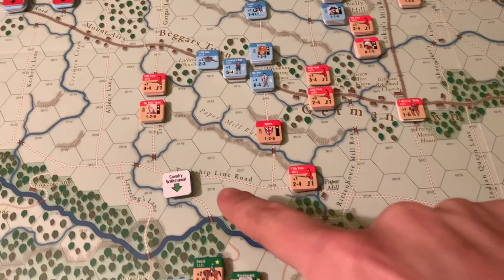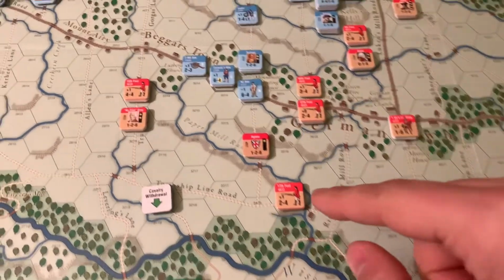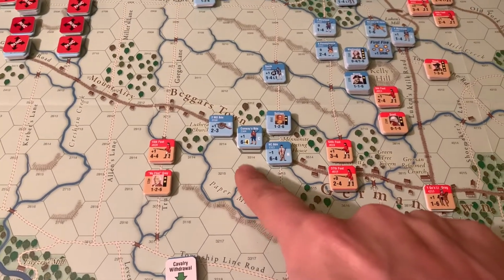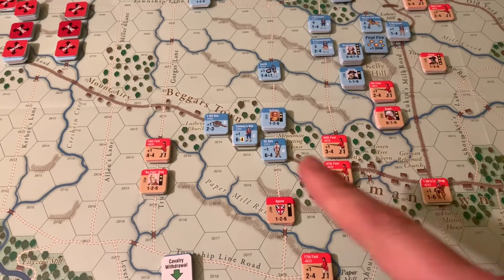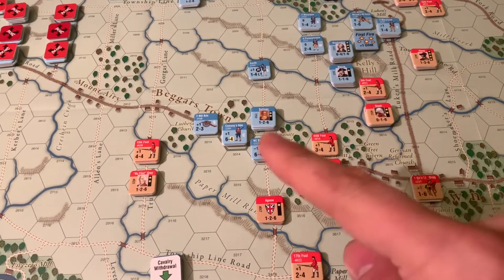The American cavalry that was screening the river here has decided to withdraw from a ferocious British counterattack, and that's allowed Agnew and Gray to get down the road behind them and actually start to encircle the Americans at Chew House, who did manage to take Chew House, so that denies the Brits a VP. But it's not a good position to be in by any means, with British forces coming up basically every road around